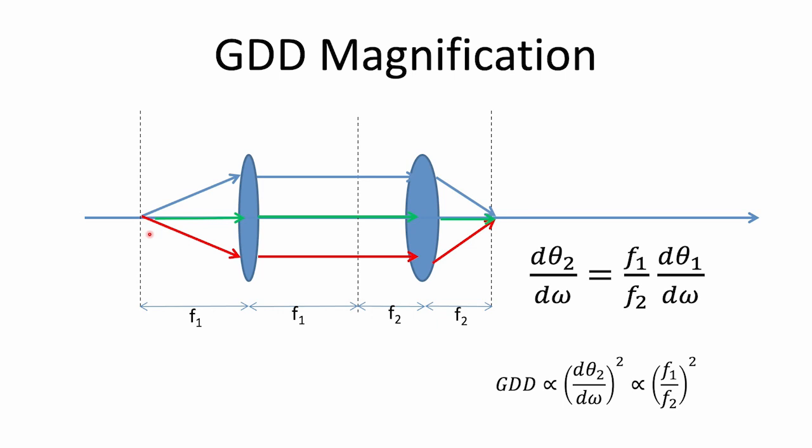The other thing is, we said that the group delay dispersion depends on the angular dispersion squared. So if we magnify the angular dispersion with a telescope with two different focal distances, you have an angular magnification. You can clearly see that the angular magnification has been increased by this telescope. This means, as you see in the bottom, that the group delay dispersion has been increased by the angular magnification squared. And this can be used to magnify your dispersion. You can see a nice example in the next slide.